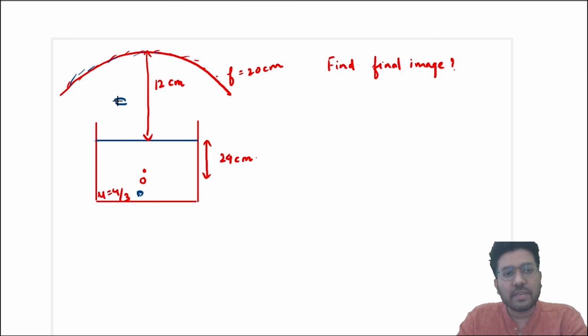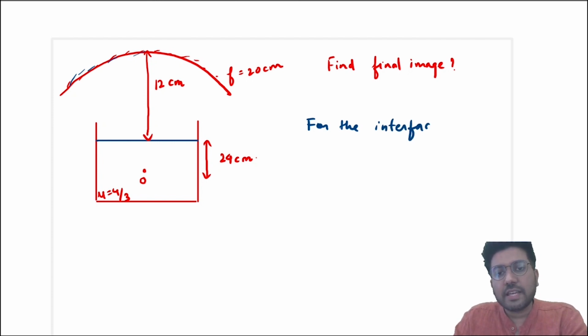But if you are looking from here, in that case the second image will be your answer, because in that case light will enter your eye before the light strikes this. Okay, so it will depend on the observer which answer they are asking. I am assuming here that the observer is inside this water. So if the observer is inside water, in that case you have to write the third image, right? Okay, so what we will do here is, first, for the interface, you know that di by do is equal to mu2 by mu1.